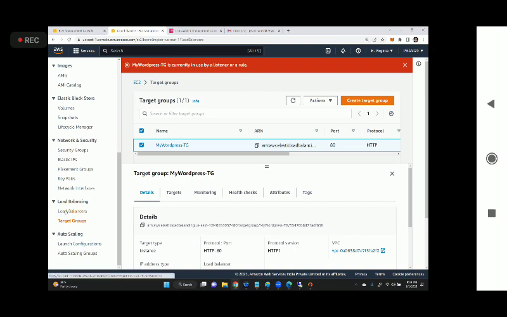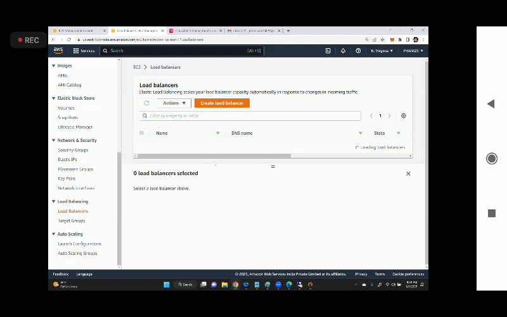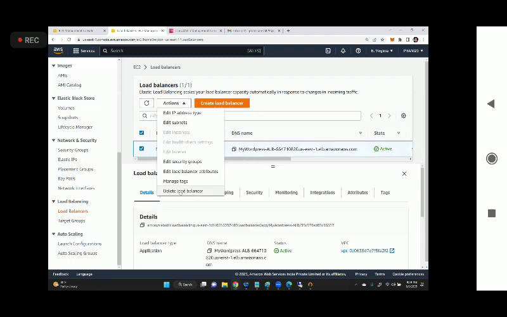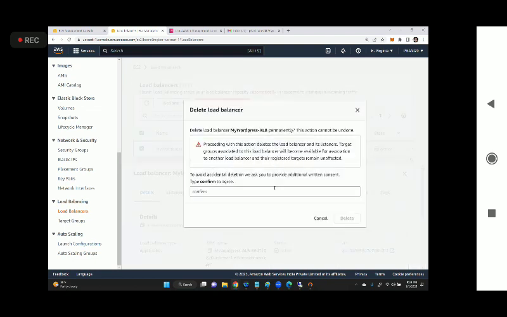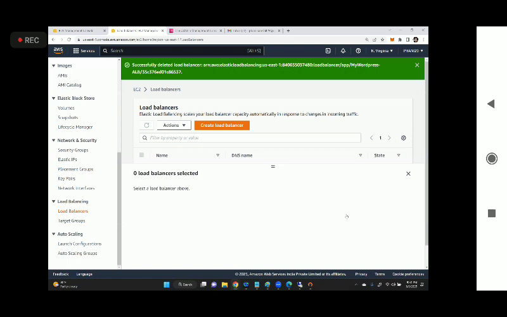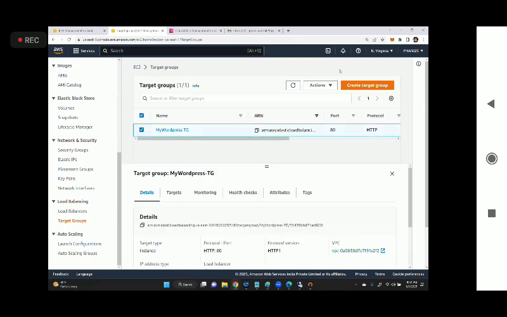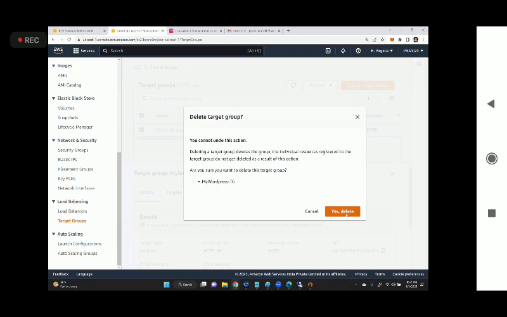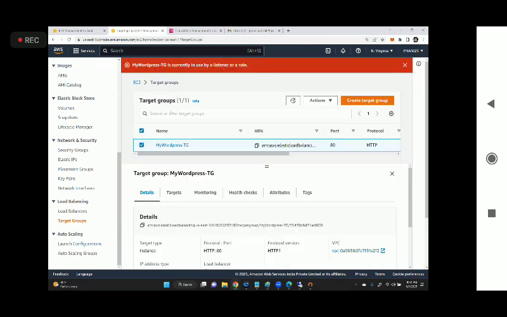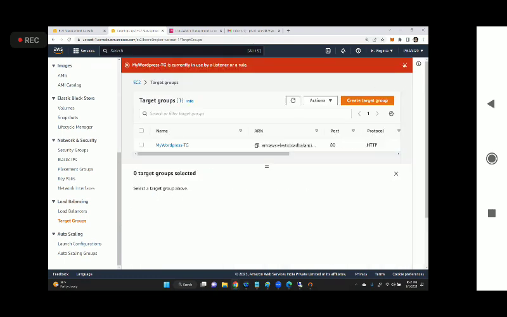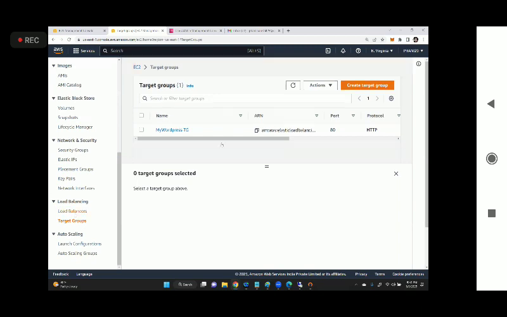So select the load balancer, select actions, and delete load balancer. And type confirm. Click on delete. Then delete the target groups. Select the target group. Actions, delete. Yes, delete. So just wait for 1 or 2 minutes because they still consider that the load balancer is available